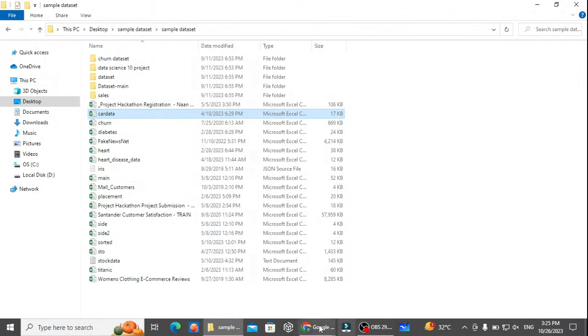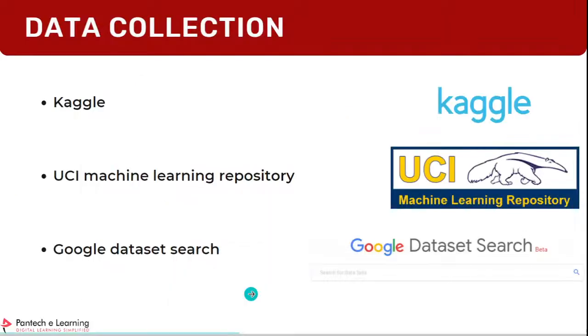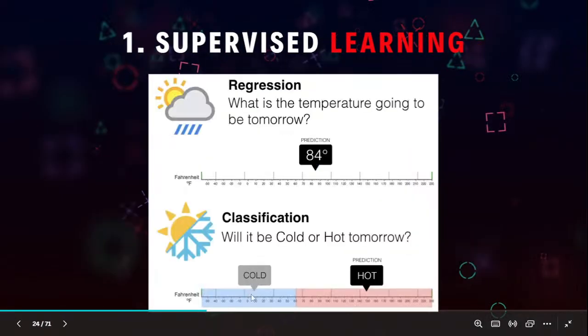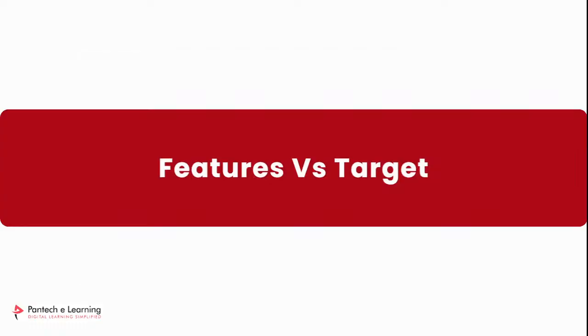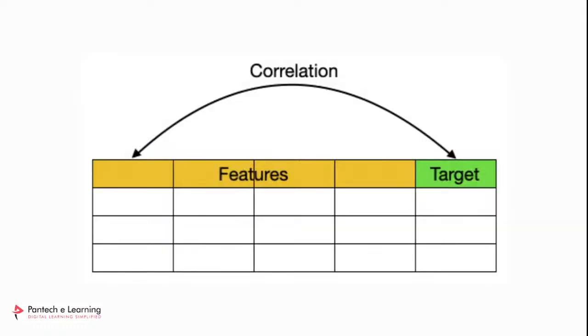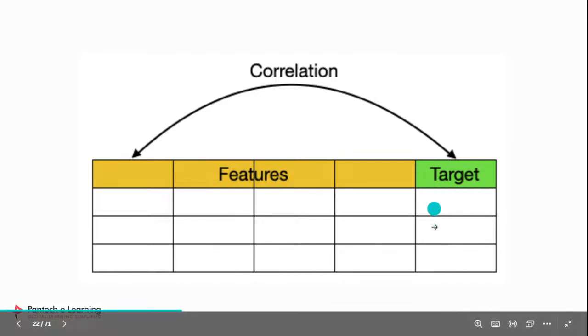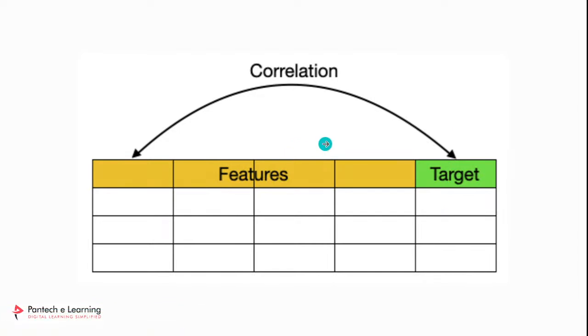Like that we have a lot of data. From this data, I just want to tell you guys what features and target mean in data science. Features are your columns. In the diabetes dataset we have seen, the pregnancy level, age, glucose level, blood pressure and so on are called features. Finally you are going to predict something, and that label is called the target. That's the difference between features and the respective target.